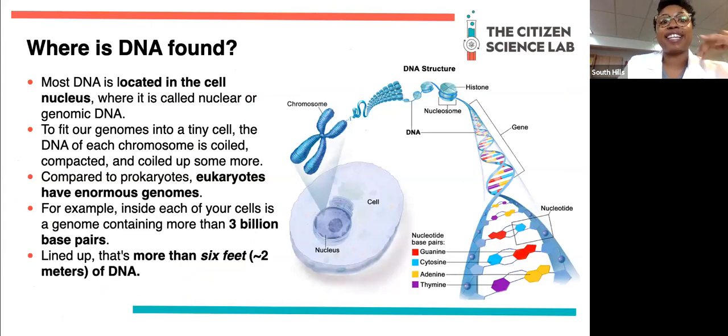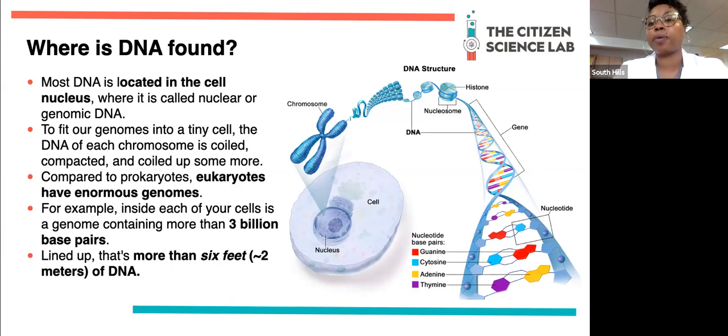Again, like I said, it is in the nucleus of our cell. Most of our genomic DNA, or what we call nuclear DNA, again, is found in the nucleus. You do find DNA in other organelles, such as the ribosomes, but we'll get into that a little bit later. And again, like us, animal cells or eukaryotes, we have enormous genomes, or tons of genomic information to store in each cell. And if you guys can imagine, there are more than 3 billion, billion with a B, 3 billion